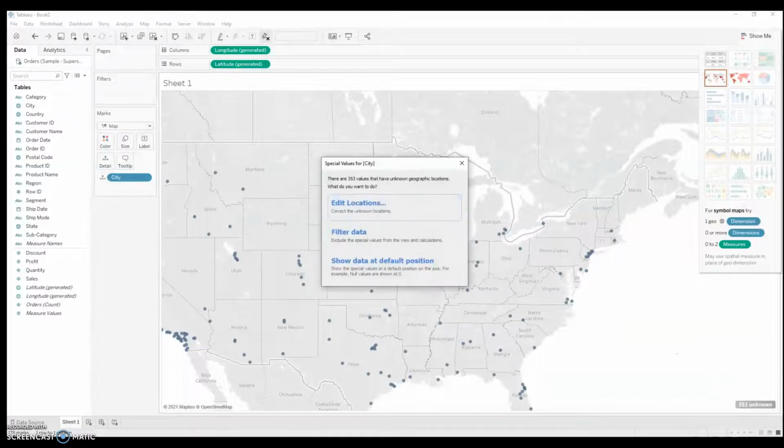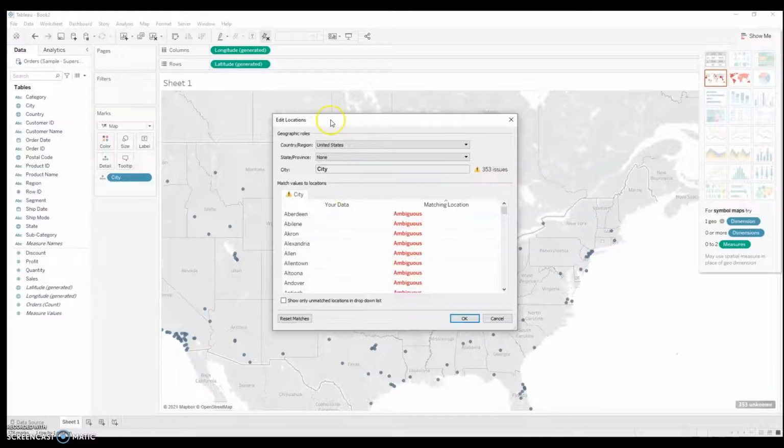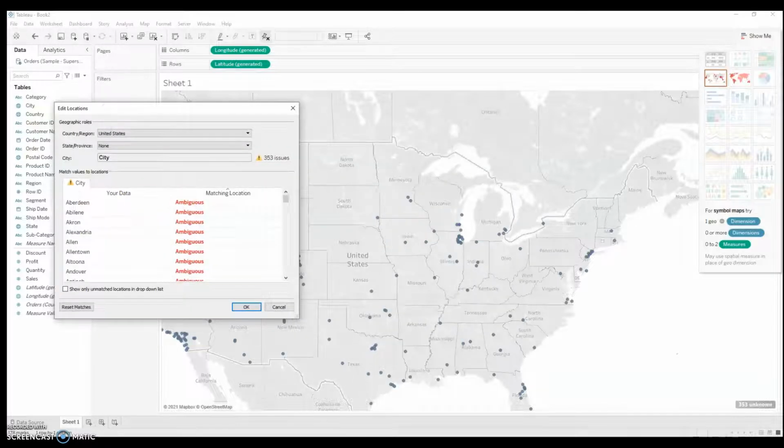If I click on the edit locations again, it'll show that many of them are ambiguous. So that means that Tableau didn't know how to project them because there are multiple Akrons, for example, in the United States. Tableau didn't know where to put the point data. I can manually add latitude and longitude coordinates if I wanted to. That would be kind of a pain for all 353 of these, but it can be done,